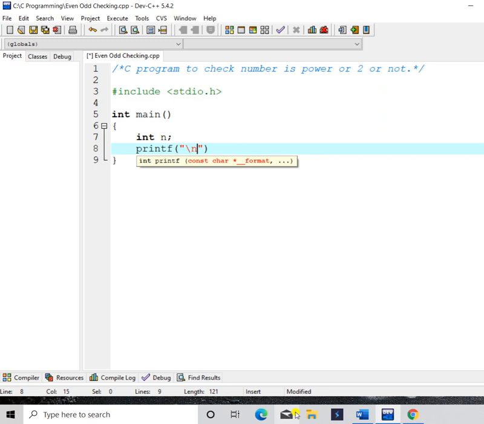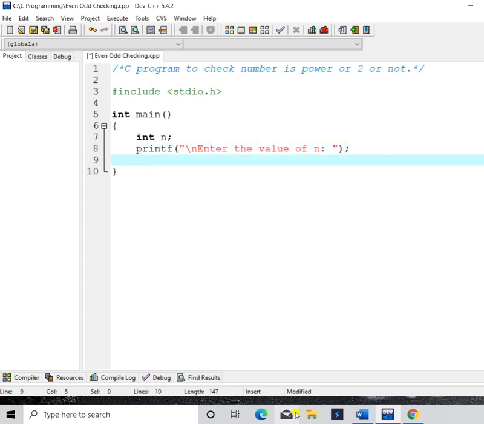Backslash n is the command for a new line. Enter the value of n, semicolon, then scanf, %d comma ampersand n, then semicolon,